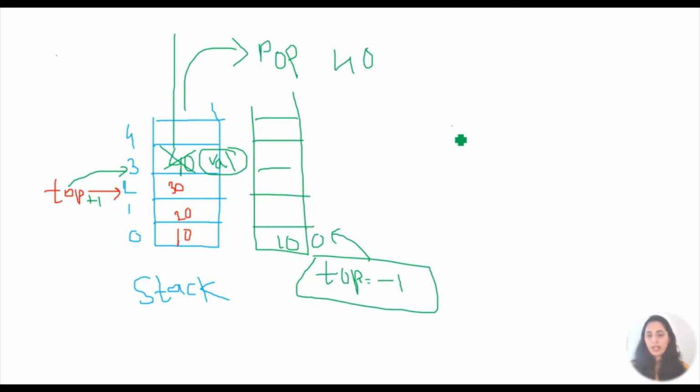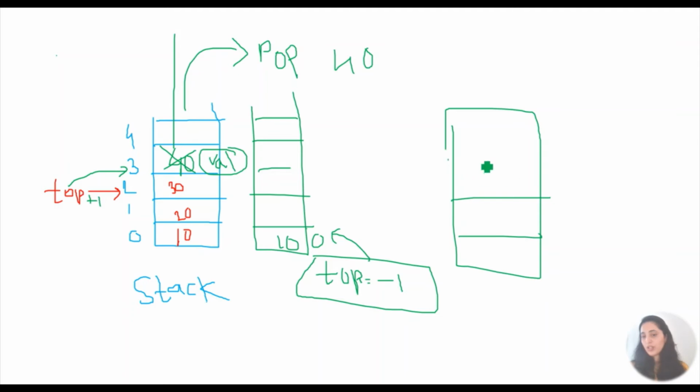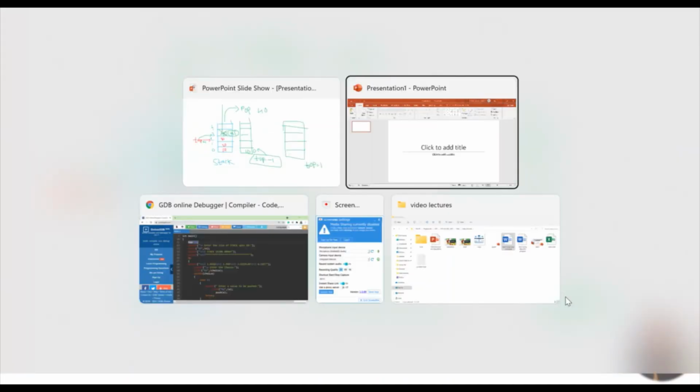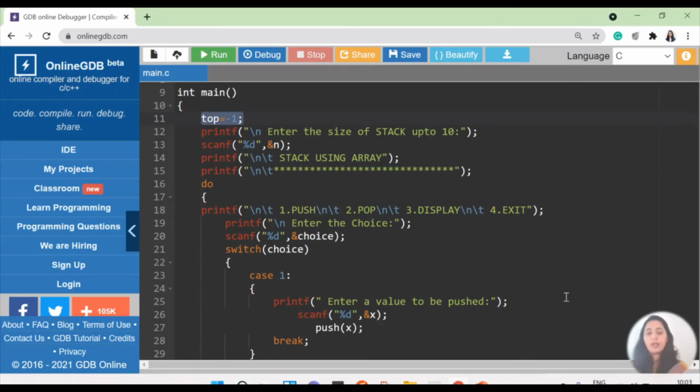Consider this particular example that this is my stack. So I'm just using the stack, and I will say my top is equal to -1. So this should be my beginning condition, where I'm saying my stack is completely empty. Now I can start performing the operations on my stack. Okay, so this is all about that.